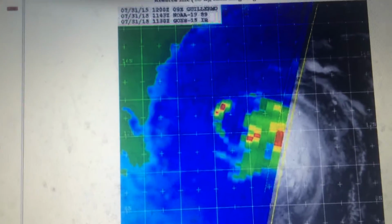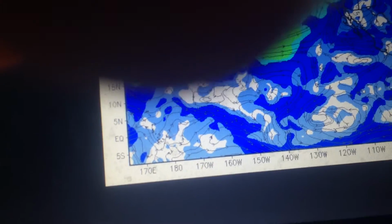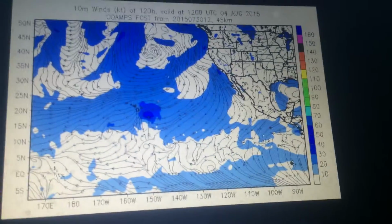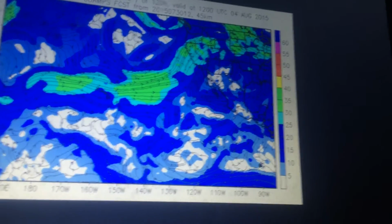We'll see what happens. Now, for track-wise, the models have shifted a bit closer to the Hawaiian Islands. Oh yeah, here's the shear I'm talking about. Here's the collapse model, which is mostly based off the no gaps, I think, kind of using West Pacific. And you can see conditions don't look too great, but it kind of depends on what latitude it ends up